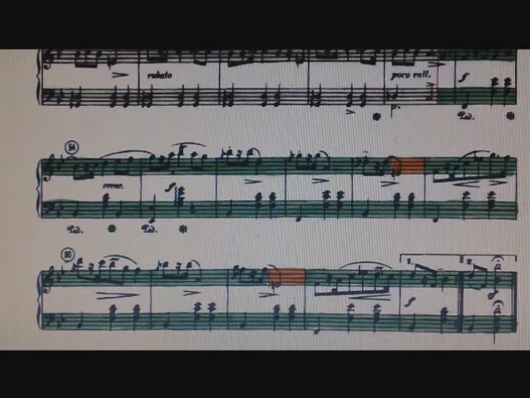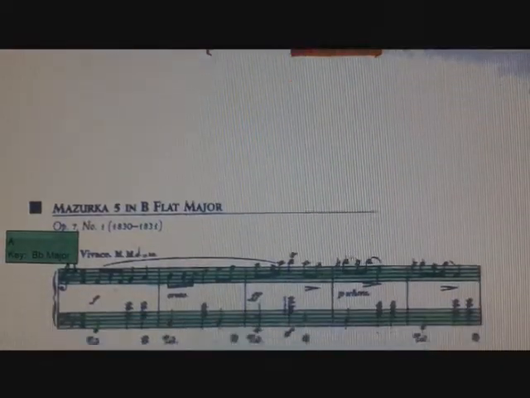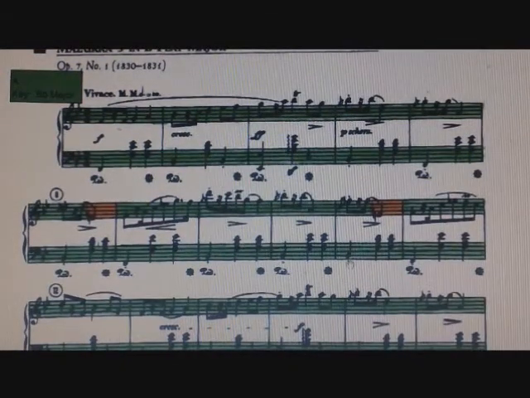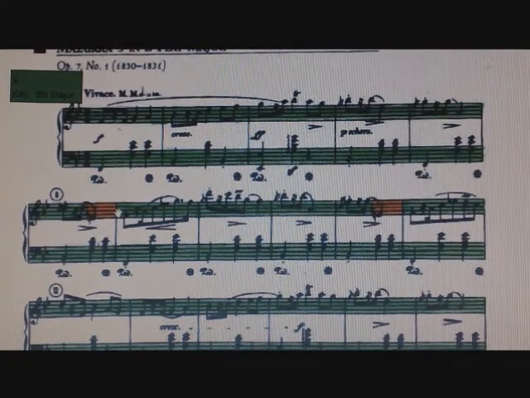E natural is first introduced at measure 6 as it is sustained for 2 counts over a B flat major chord, which can be seen here. I have colored the E natural in this measure orange to indicate when this phenomenon happens. This phenomenon happens again at measure 10, measures 18, 22, 32, and 42, before